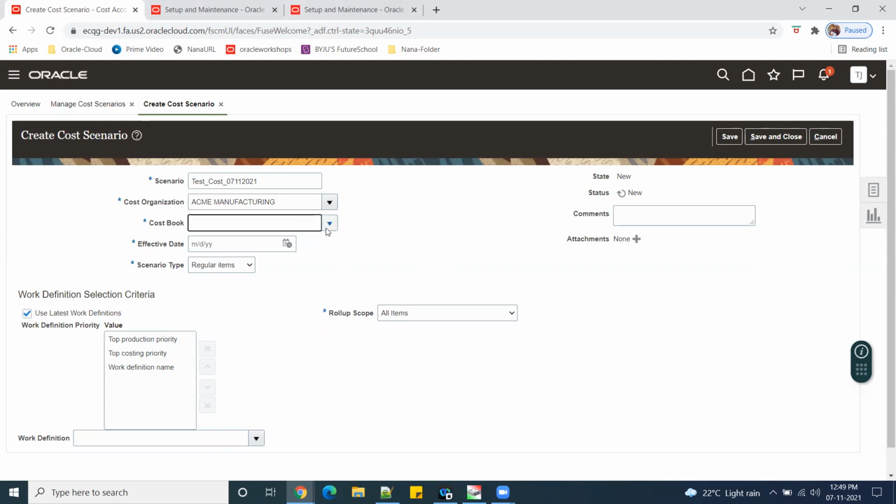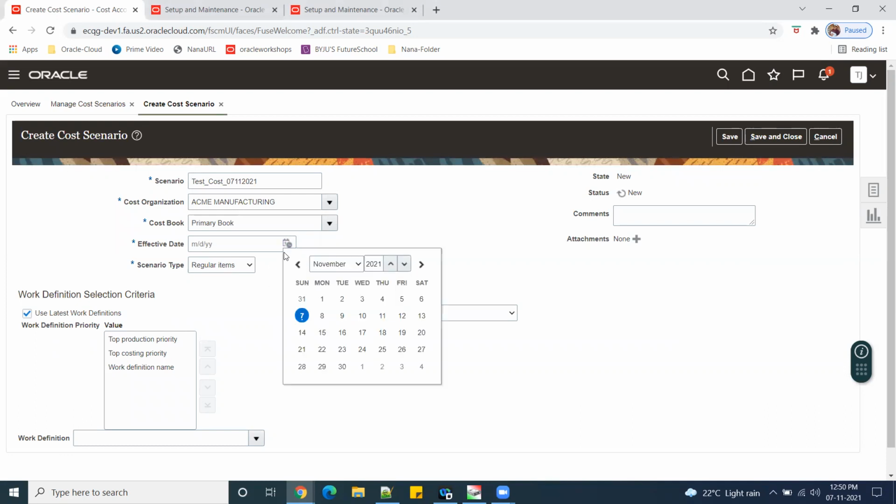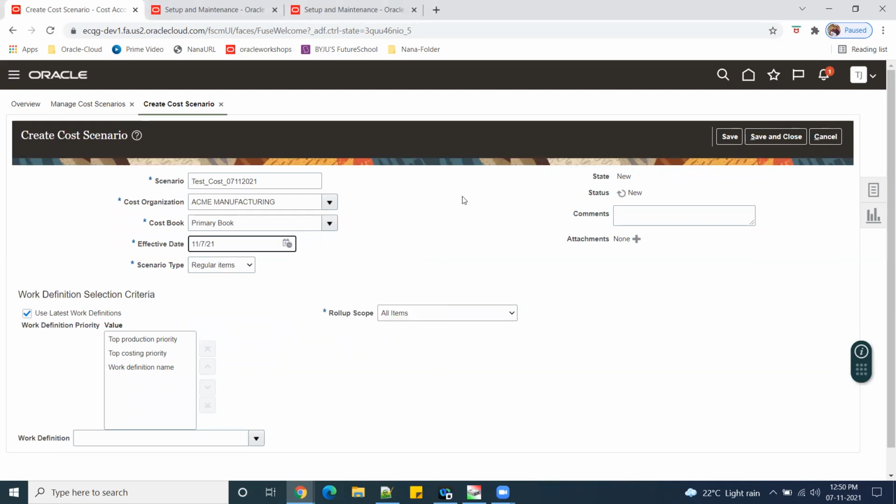And every cost organization should have a cost book. And what is the effective date? It is the date onwards which your item cost has to be updated into the system. For example, if the item is a brand new item and you have not added any cost in the system so far, then when you add the cost manually through this cost scenario, the effective date will come as 1/1/00.